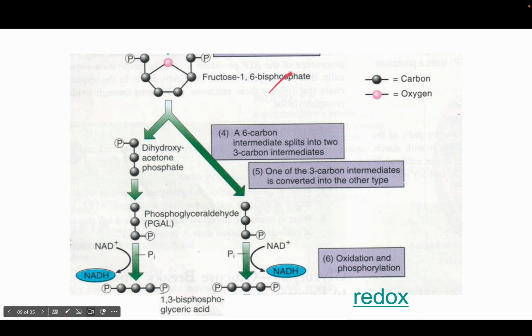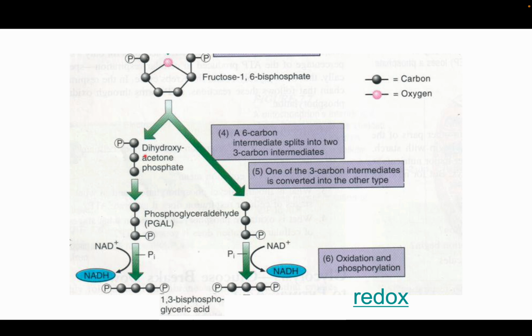The fructose 1,6 bisphosphate will now be broken down into two 3-carbon molecules. You remember the two byproducts: DAP, dihydroxyacetone phosphate, and PGAL, phosphoglyceraldehyde. And just to reiterate,